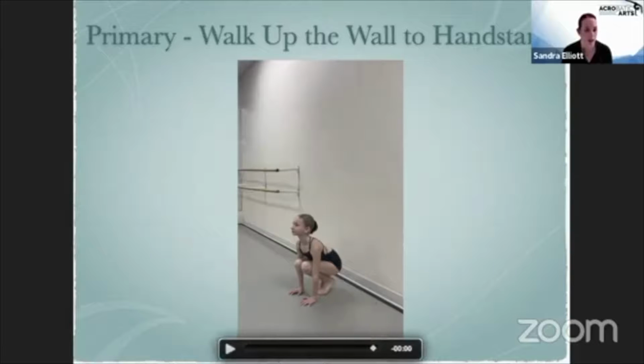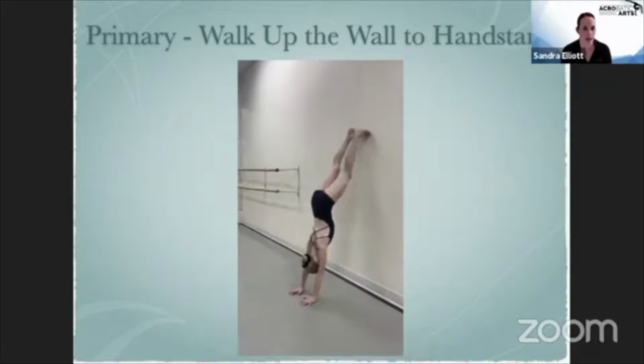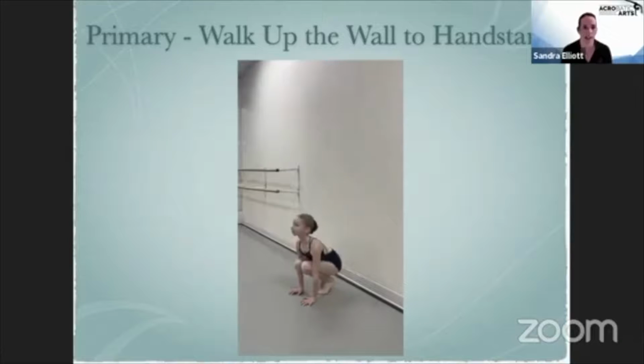So let's just have one more quick look at the video. So she's walking up on the balls of her feet. She shows same height, same time together, and then comes right back down. It doesn't matter whether the dancer starts with their right foot and comes down with their left foot starting first. That doesn't matter for this skill. They can go up initiating with their right foot if they would like. This dancer did the left foot, okay?